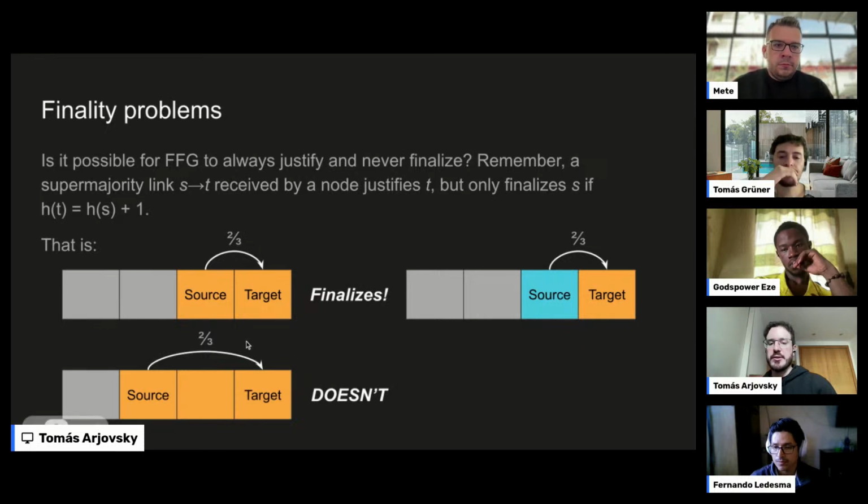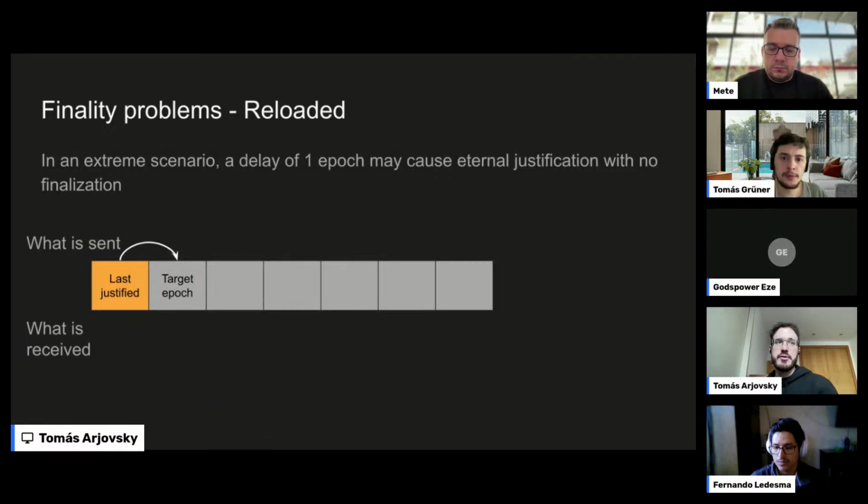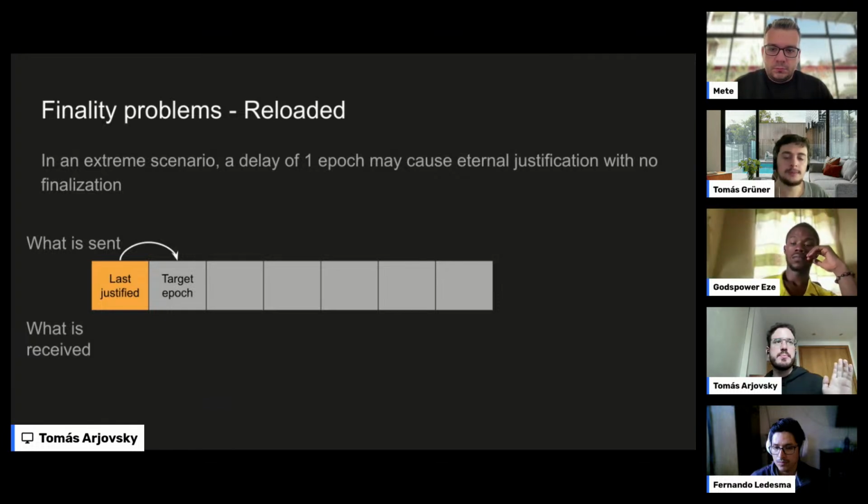And there's a different scenario where we can have a supermajority link like this one. I had this source epoch justified, the following epoch justified, and then if I receive this supermajority link, I will get this target justified, but this will not get finalized because there's a gap in between, right? That's how it works. So this can introduce one problem, which is that in an extreme scenario, there's a possibility that I will never be able to finalize. I may be justifying each individual block one after the other, but they still wouldn't get finalized. And this is one possible